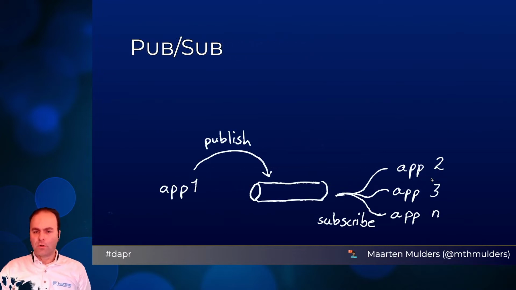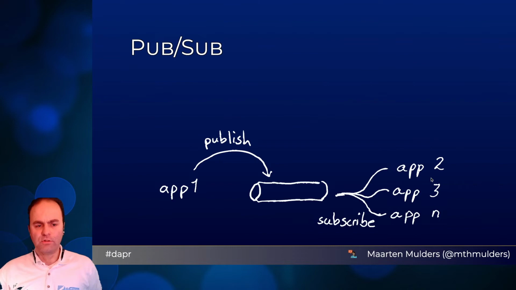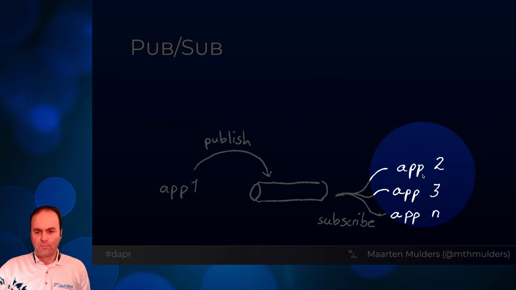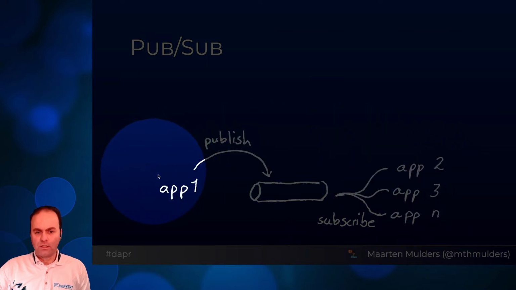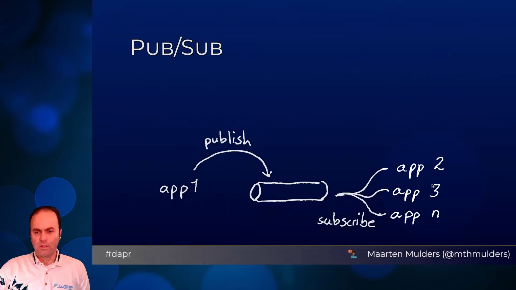Another very common pattern in distributed systems is pub/sub, where one application publishes an event in a kind of fire and forget style. So it doesn't wait for an answer, it doesn't wait for a response, it just publishes the event to some kind of broker or message bus. And then other applications may subscribe to that event, to that fact. And the good part is that the first application does not need to know who is going to be subscribed to it. It just publishes it. And all those applications that are subscribed to it will receive the event, but they don't know about application 1 from their side.